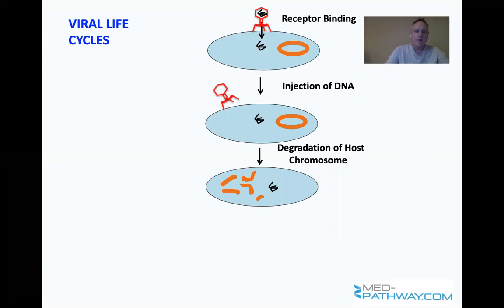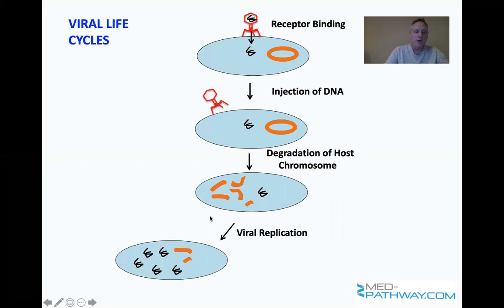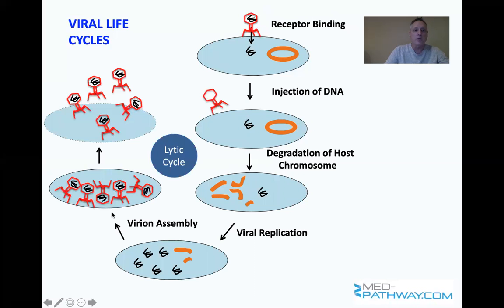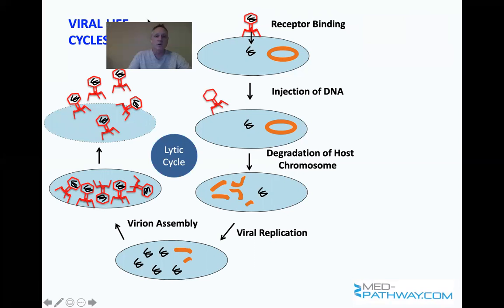And then what happens is that in the lytic cycle, you degrade the host chromosomes. So the viral genome is actually expressing proteins that serve to hydrolyze the genome. And then later on, you make more viral particles, you start to package them, and then they explode out of the cell and you're in what's called the lytic cycle. But there's also the